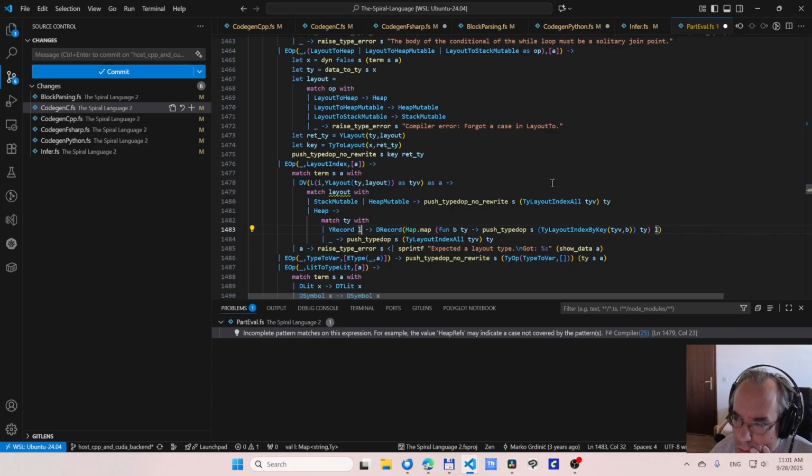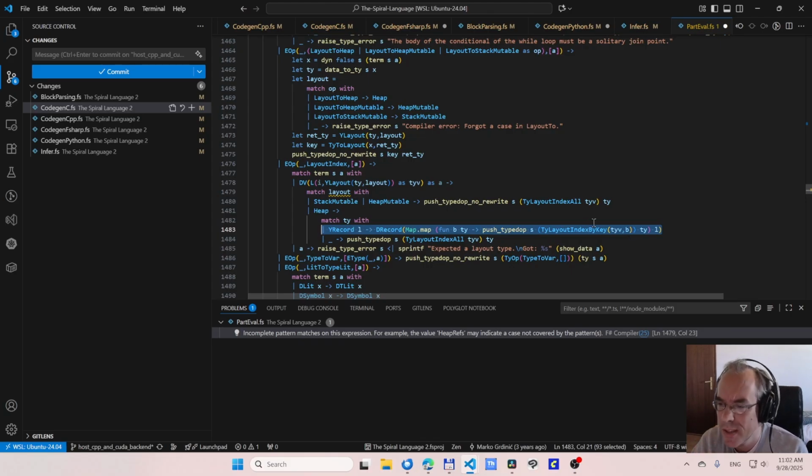No, wait. I think this is supposed to. I see. This isn't key-based indexing. Rather, the reason why it's doing it like this is so that the common sub-expression elimination gets rid of the